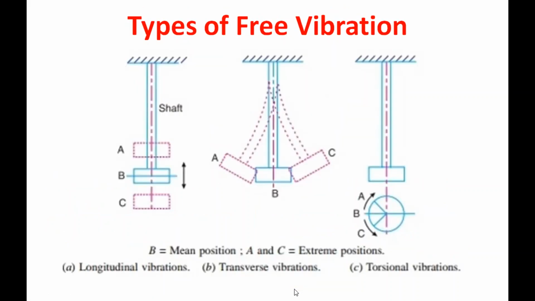In types of modes of vibration, there are three modes possible: longitudinal vibration, transverse vibration and torsional vibration. Longitudinal vibration is for an axially loaded bar problem. Transverse vibration is for a transversely loaded beam problem. Torsional vibration is for a shaft which is subjected to torque. So now in this session we are going to see the transverse vibration of a beam.